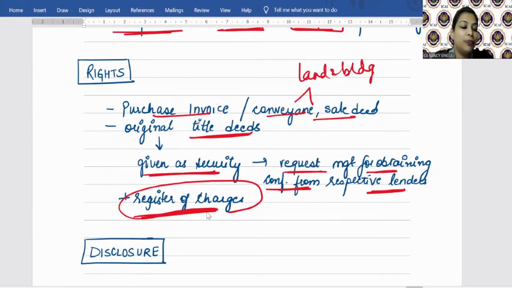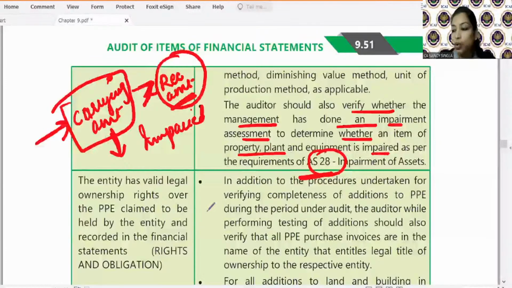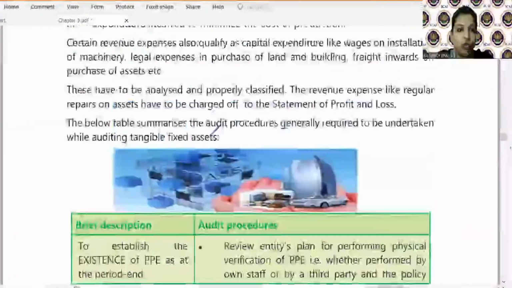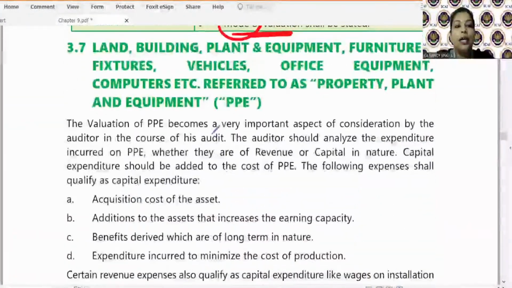Simple, okay? Now we'll do one thing, right? Whatever doubts you have, I'll take up from the module. We will go through the module, and after having a look at the module with respect to the topics of PPE that we have covered, we will discuss disclosure and the notes also. Okay. So before that, let me have a look at the queries.